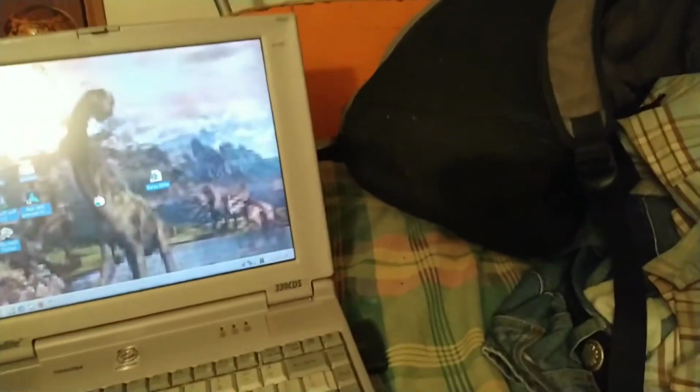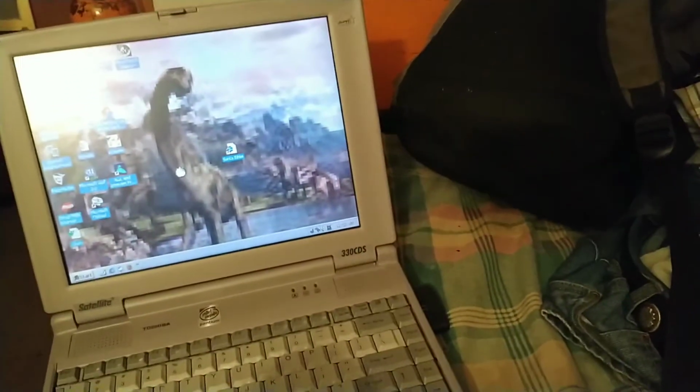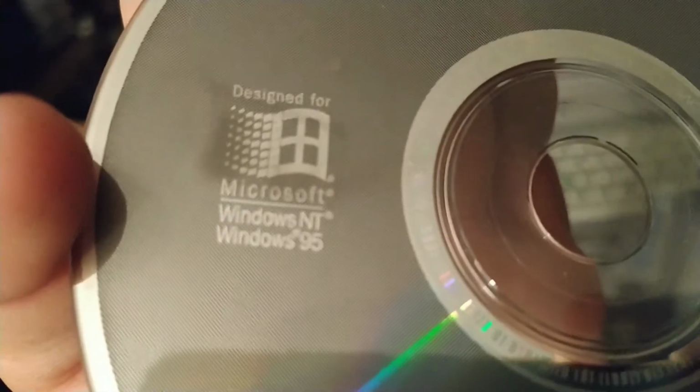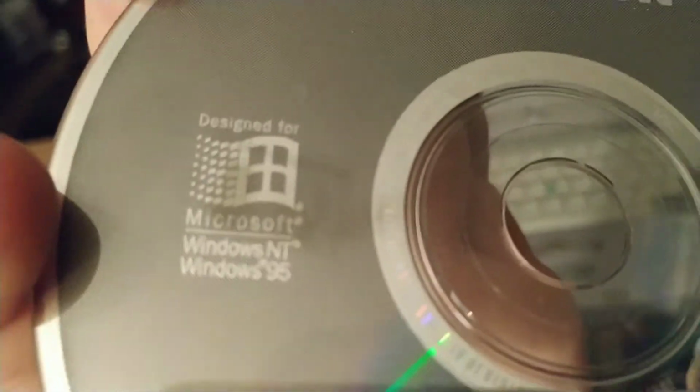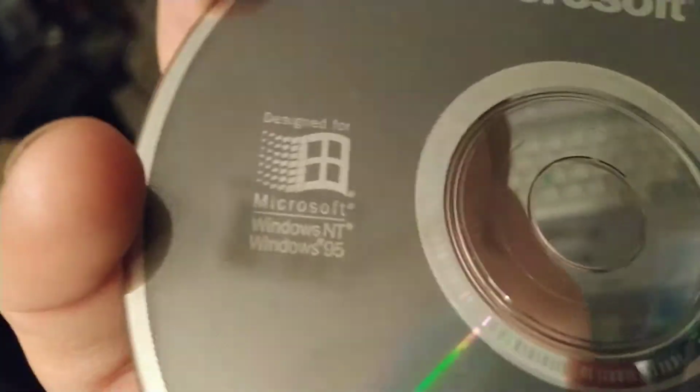Put it to rest for another day, along with this. Even though it's actually designed for Windows 95 or Windows NT. So yep,